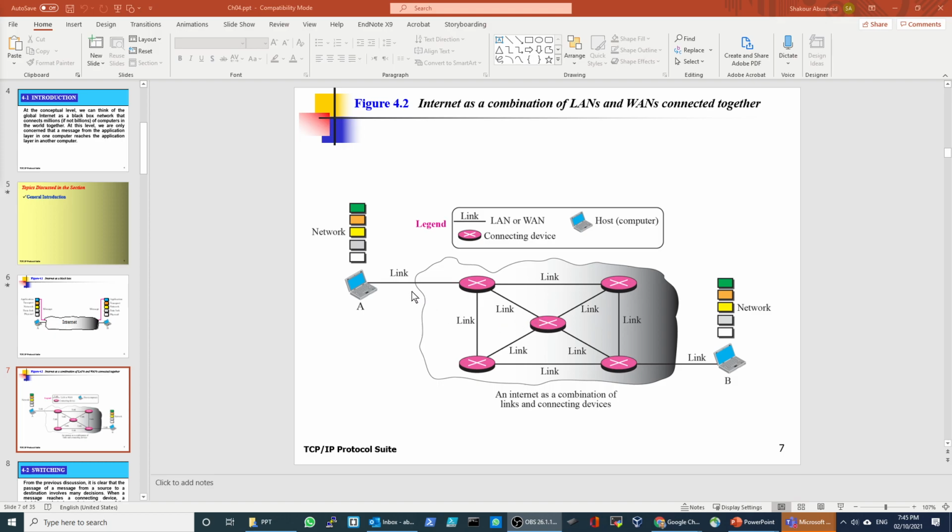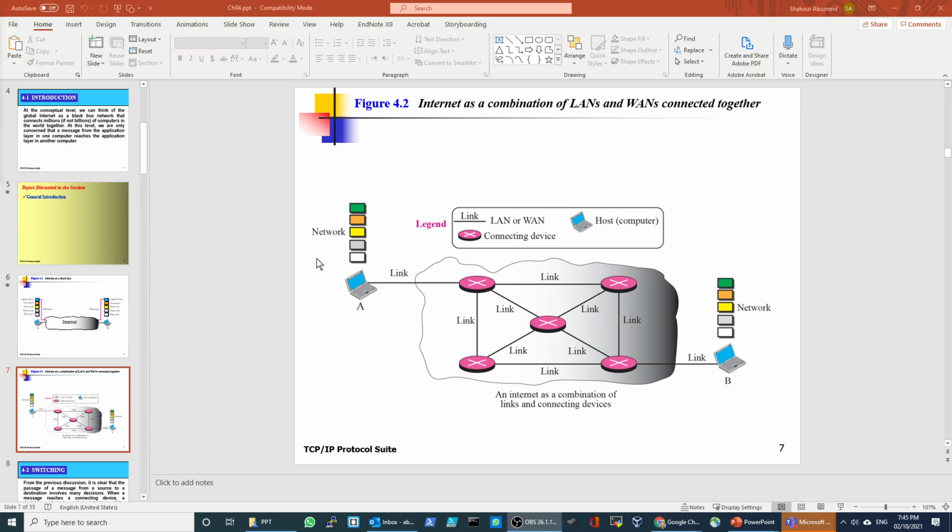You have a host here, and a link connected to the network, and it goes to a router. Then it has to pick a route. It's going to go this way or this way. Anyway, it has to go from here to here, and there are multiple routes it could take. Who is responsible for this routing is the network layer. That is where we have the routing.